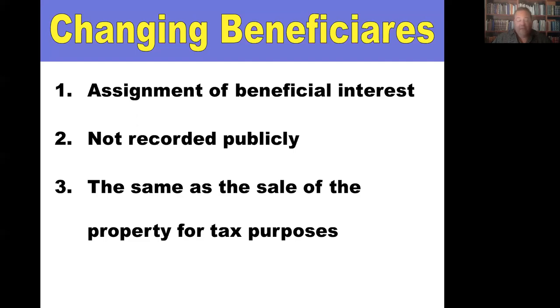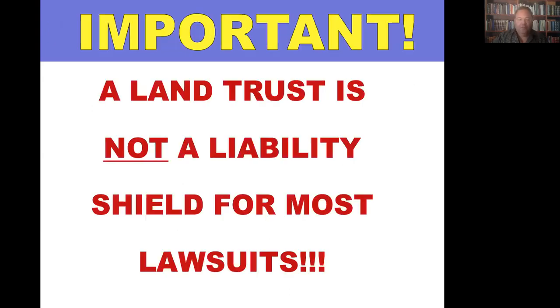And you may know this if you have a living trust, that if you transfer your properties into the living trust, you still claim it as the owner of the property, even though title is in the trust. And if you change beneficiaries, then the taxable ownership goes with it. So if I'm the grantor and I create a trust agreement with myself as beneficiary, I'm still the owner for tax purposes. If I change beneficiaries from me to a third party, then they're the owner. It's just like if I deeded it directly from the trust, but it's still in the trust name. If I transfer the beneficial interest in the trust from me to my LLC, then my LLC would claim ownership of the property and so forth.